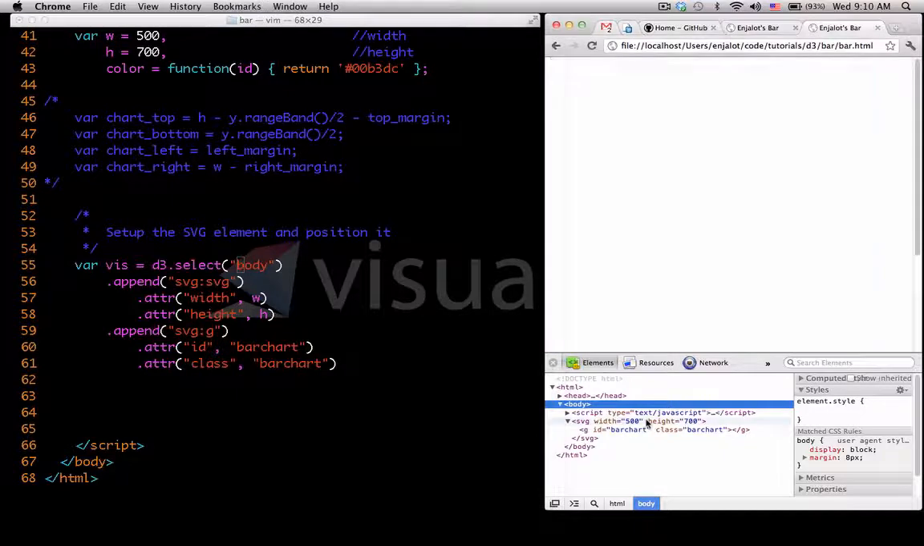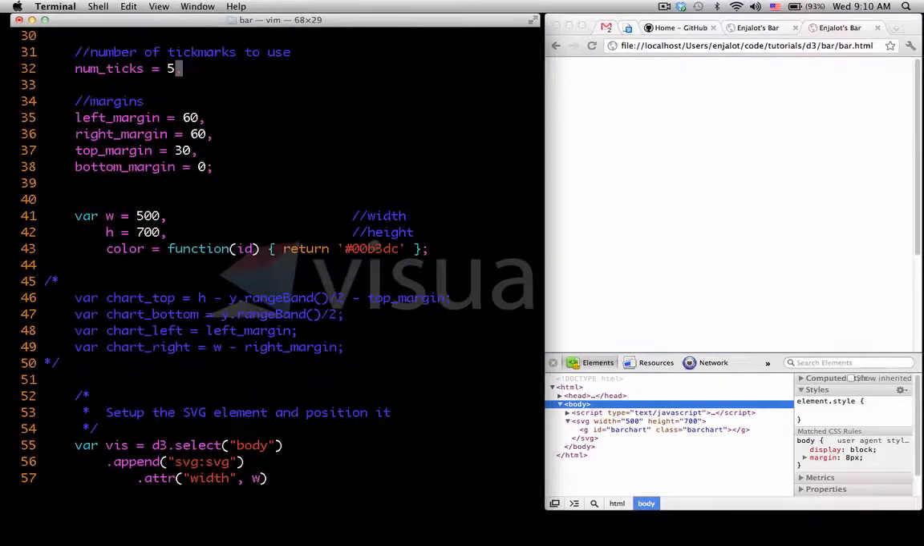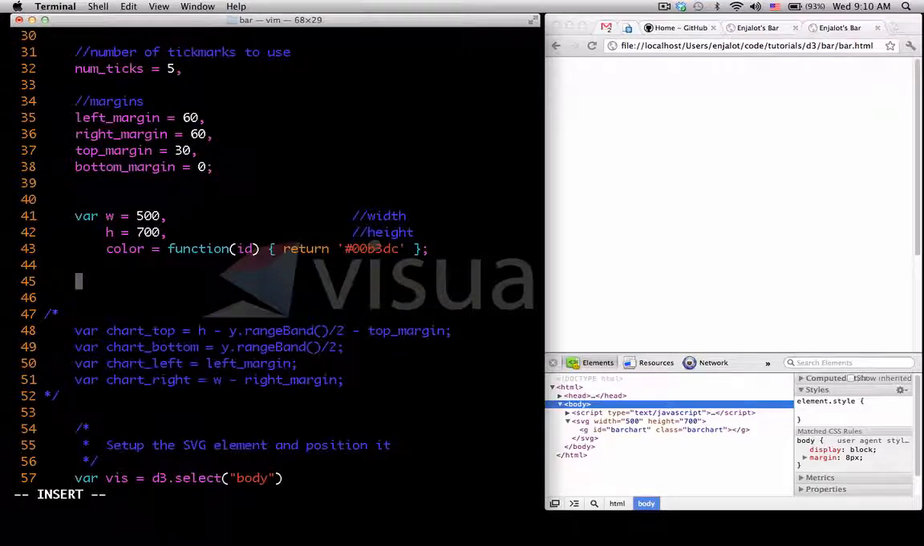So now we have an SVG canvas that we can draw into, and we have data that we want to graph. So we need to do a little bit more preparation though. And for one thing, we want our X and Y axes so that we can have reference for our graph. So D3 provides some very nice scales that we can use. So for the x-axis, we want a linear scale,